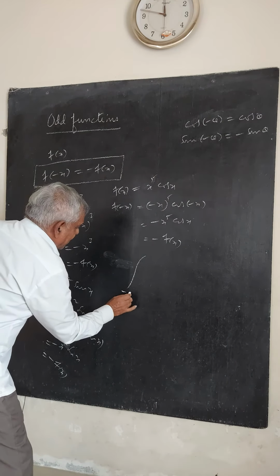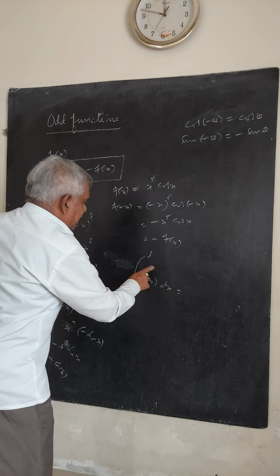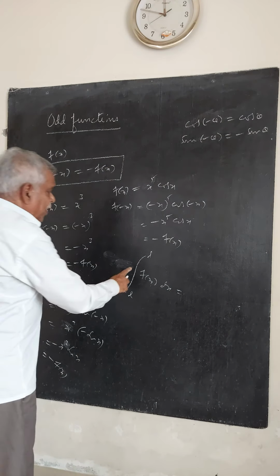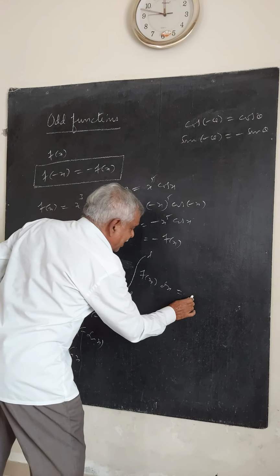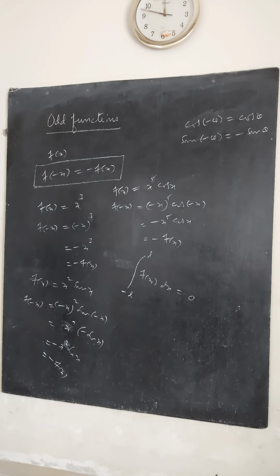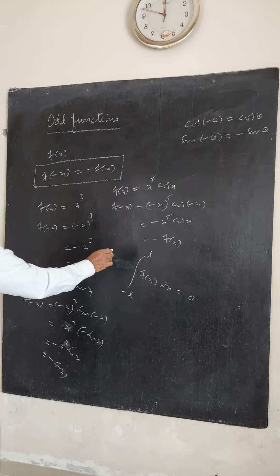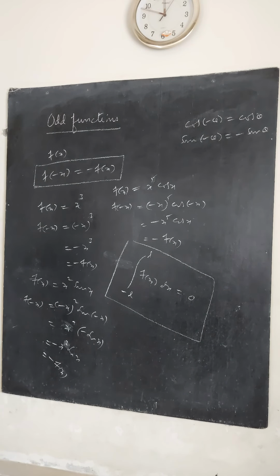Let us see the integral from minus L to L of f of x dx. This f of x can be any of these types of functions. If the function is odd, you should not integrate this. Immediately put 0. An odd function will give 0 immediately. Don't integrate. If you integrate, you will get the same result 0, but it is not necessary to integrate. If you see this is an odd function, directly put 0. This is mainly used in the Fourier transform in some places.